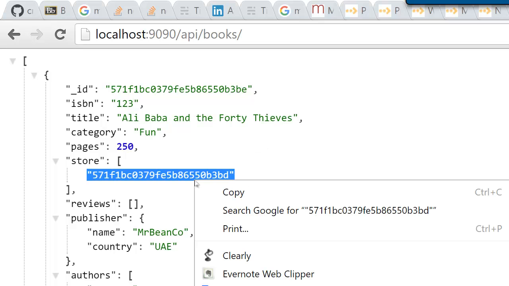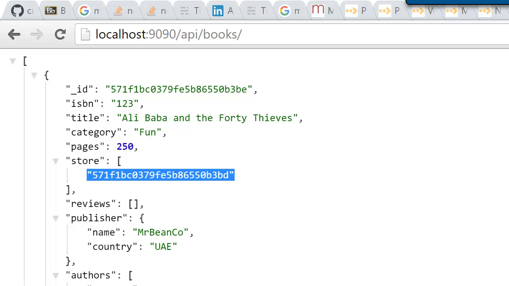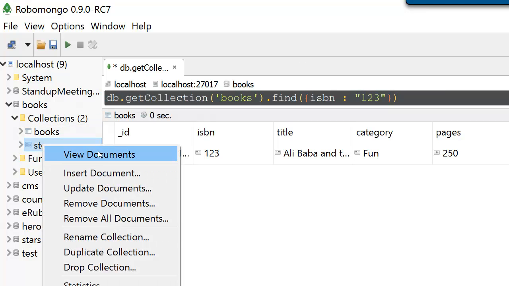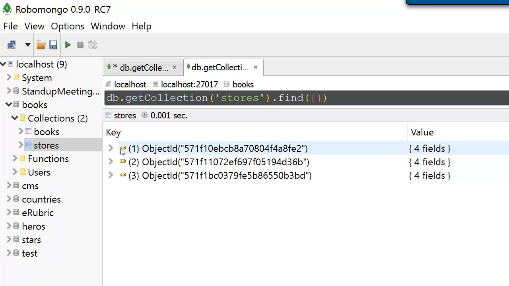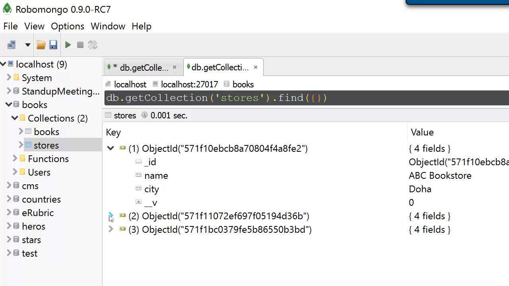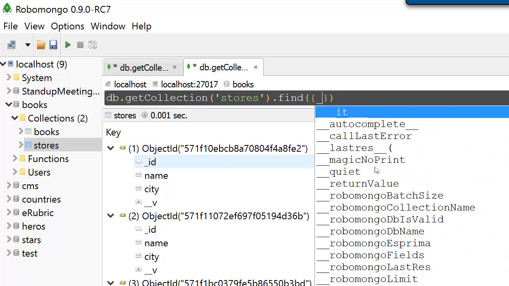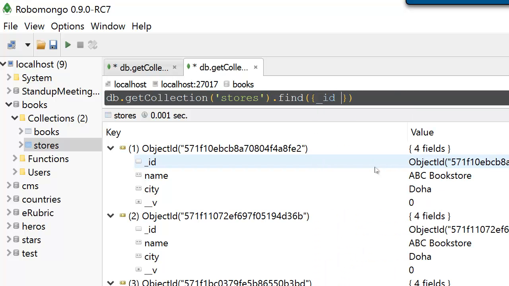Like if we, let me grab this ID here. I'll go to stores, then that ID. Yes. Let me just verify with this one. These are stores. If I just view, surprising, many stores. Yeah, that is fine. I know why. But basically there is a store, and this is the ID of that store. In fact, if I just do here underscore ID, remember that ID I had there? If I run